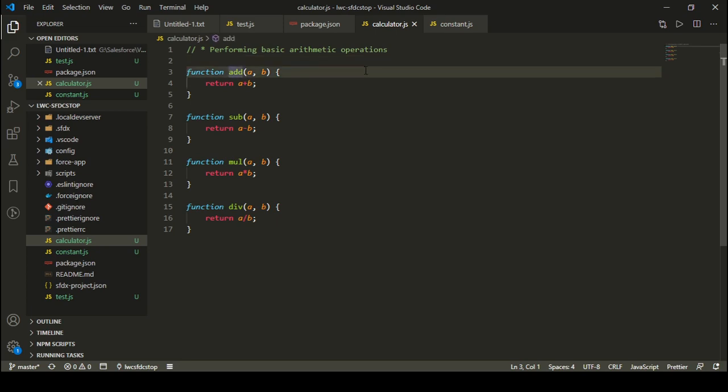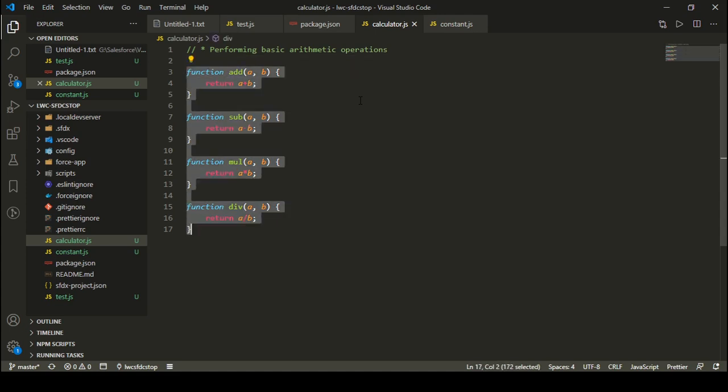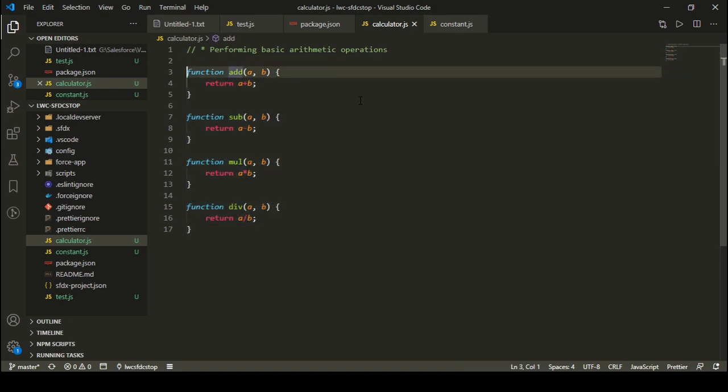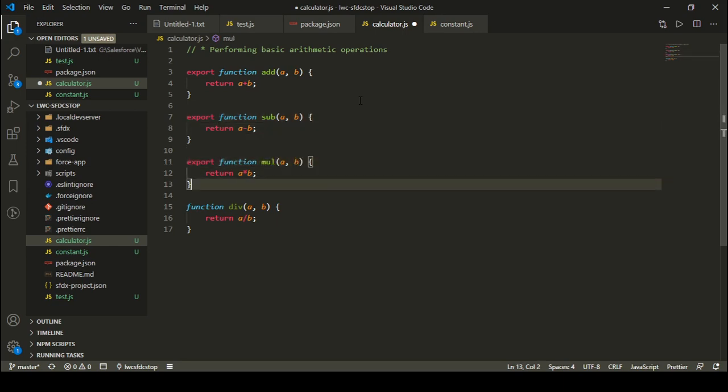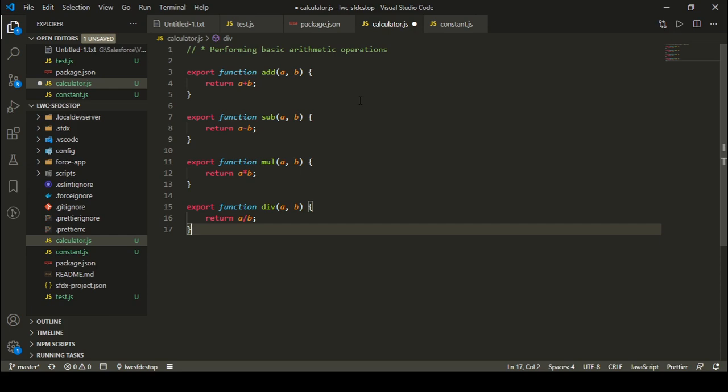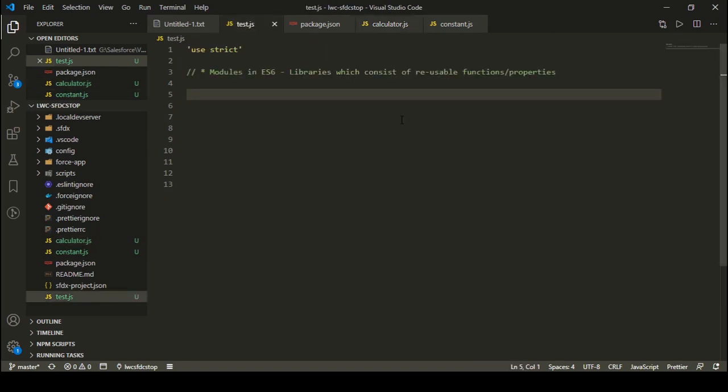So what I want to do is import these functions into my main file where I'm going to work. In order to import these functions, the first thing we need to do is export them, because they can only be imported in other JavaScript files if you export them from here. One way to do this is to use the export keyword before every function that you have defined, and it can even be a property. So let's say export function add, export function subtract, export function multiply, and export function divide. Now I have exported each and every function that I have created in my calculator.js file. Okay, so let's move ahead.